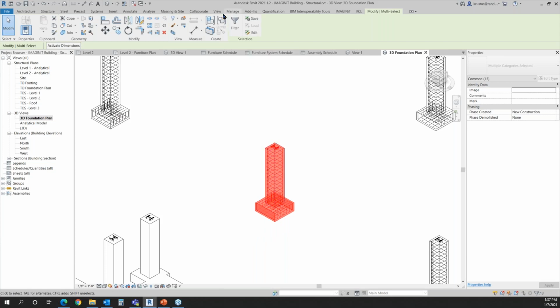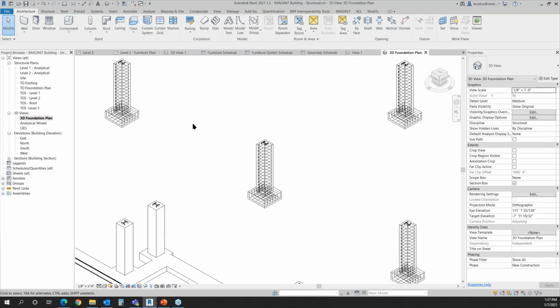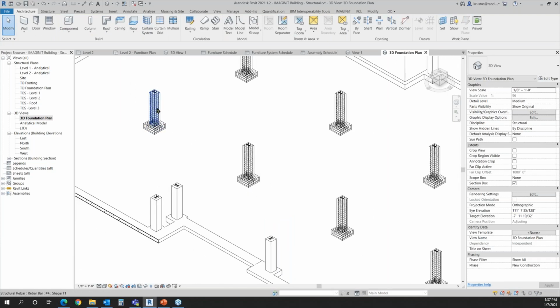So I'm going to keep the column in this one. I'm going to make an assembly here. All right, so it's going to make it, okay. It wants to make it a 1, but I'm going to say, yeah, I'll keep it a 1. And I'll click OK here. Okay. All right. So if I go here and select this, okay,